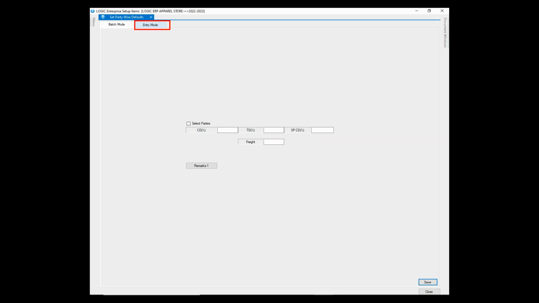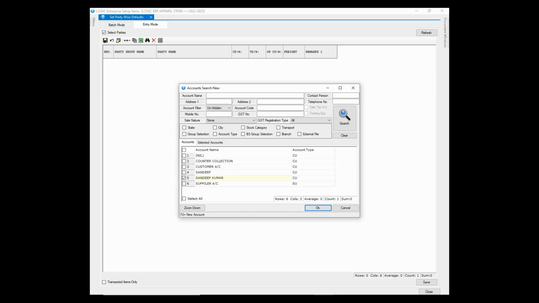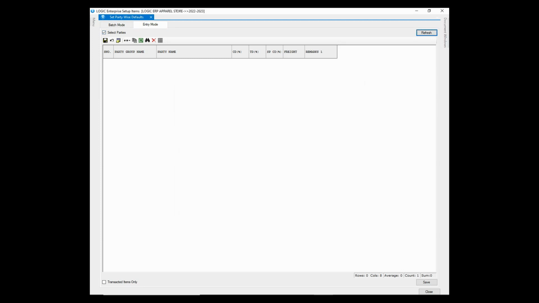The other method is entry mode. Select the party name from the list. Click on Refresh and enter the CD percentage for each party individually.